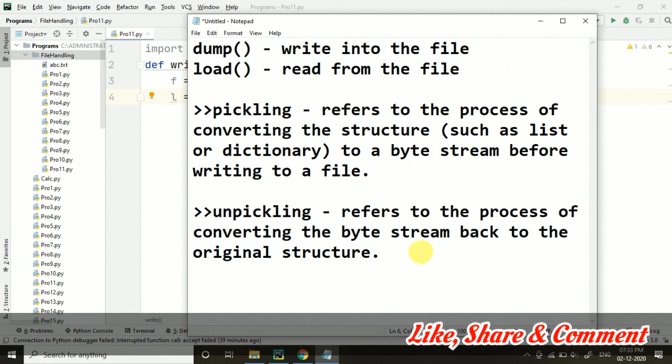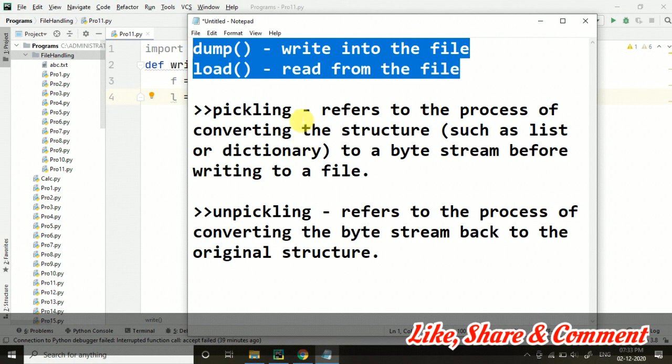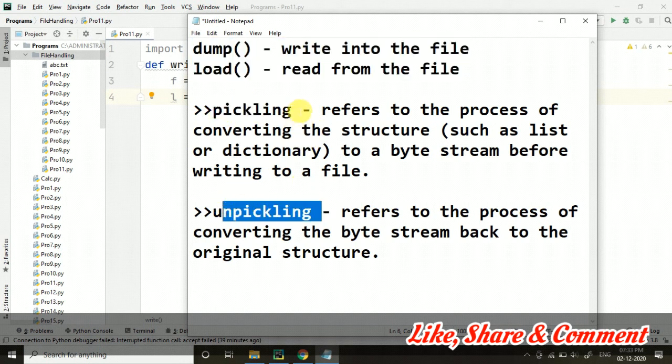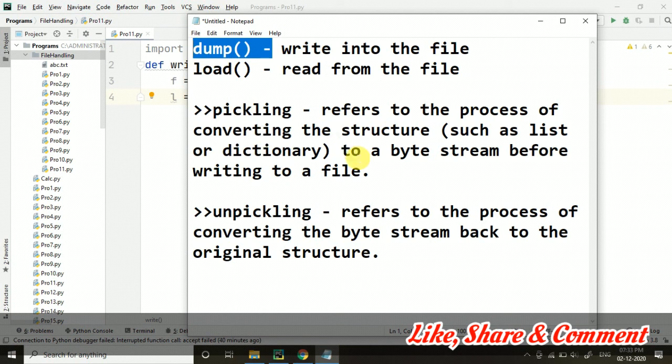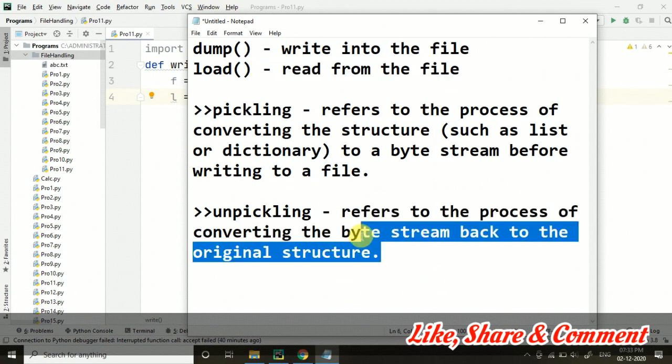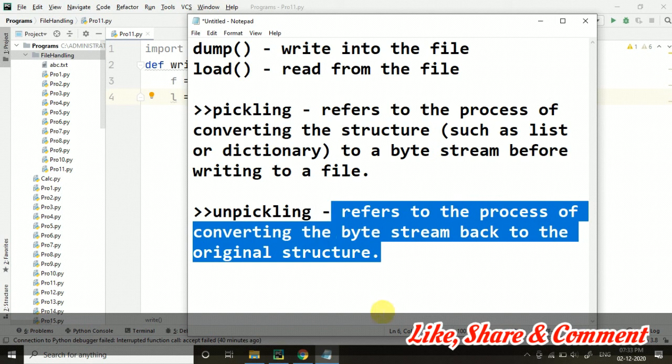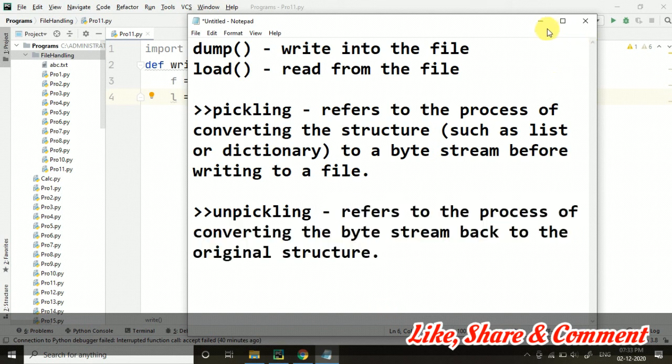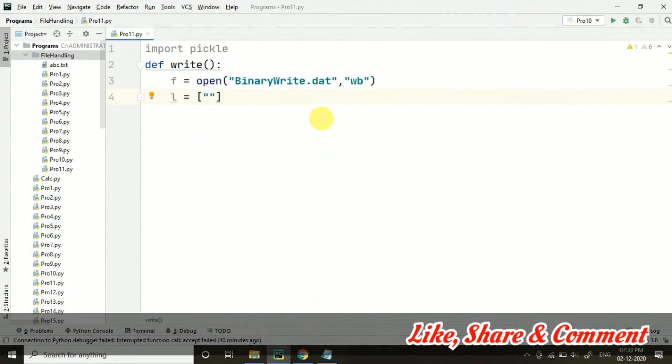These are the functions we will be using for pickling and unpickling. When we are doing pickling, dump is getting used, when we are writing into the file. And when we are loading the data, reading from the file, it has to come back into our normal original structure, so unpickling will be going on. I hope this much is clear. Let's go towards the program.